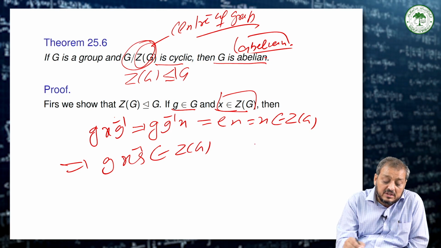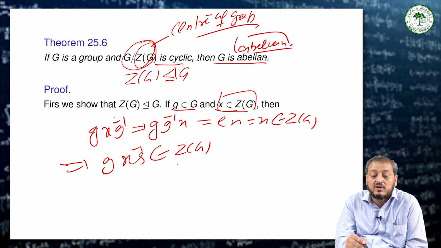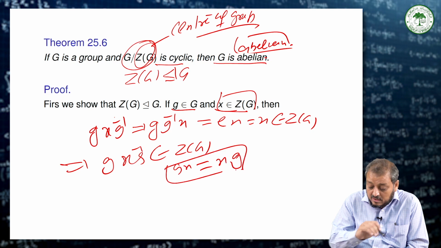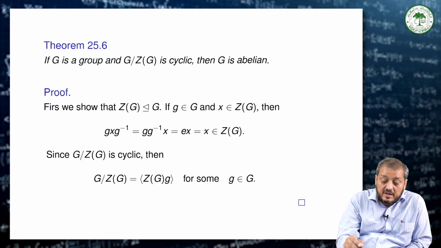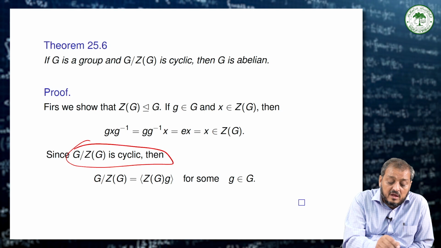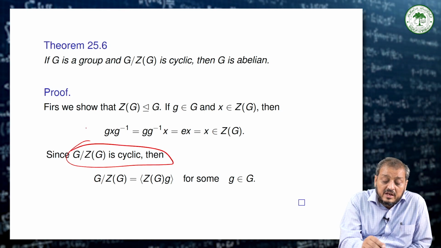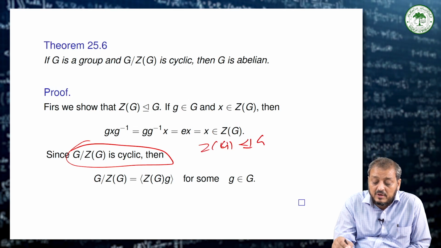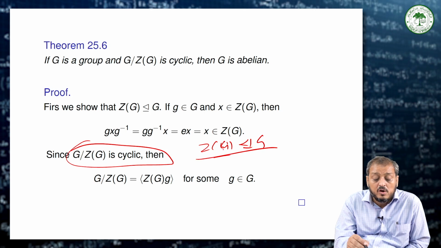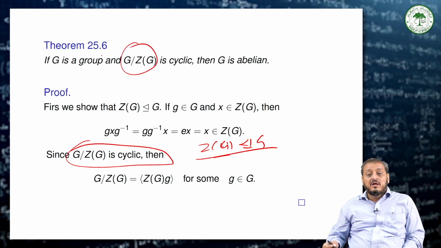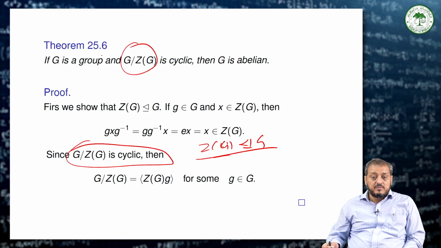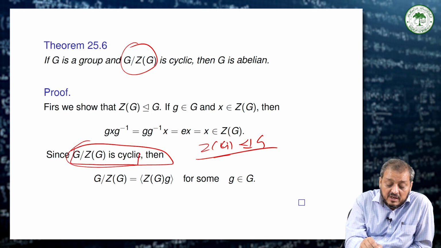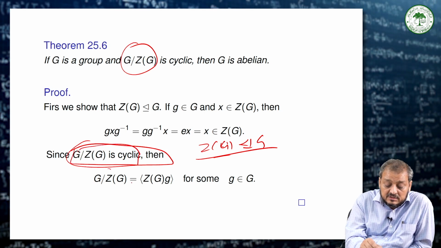So gx is equal to xg, since x commutes with every element of G. This means we show that Z(G) is normal in G. So if Z(G) is normal in G, then G/Z(G) is a quotient group. Now we are given that G/Z(G) is cyclic. If G/Z(G) is cyclic, then it is generated by